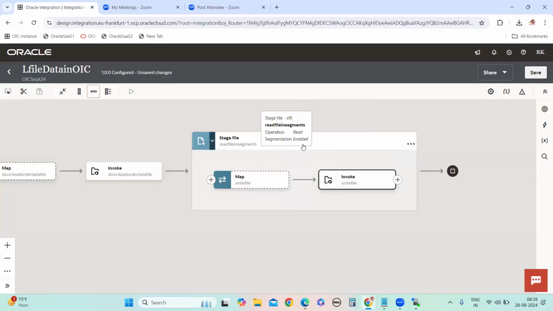Now when you read the file in segments, you will get a response here. Yes, Vamshi. Then this response we need to map to write, and using this mapper we can do that. When you do read file segments, we get the response, and whatever data is in that response, we write into here.